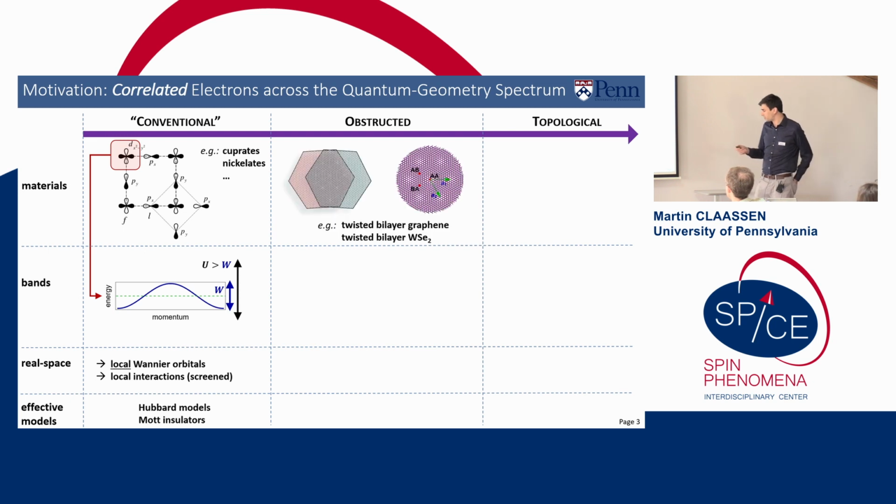But more recently, there's been a reappreciation in terms of new classes of materials, particularly Moiré materials, in which some of these approximations don't really hold. So the paradigmatic example, of course, is twisted bilayer graphene, which we now know has a host of interesting correlated electron phases that, however, emerge from very different low energy physics.